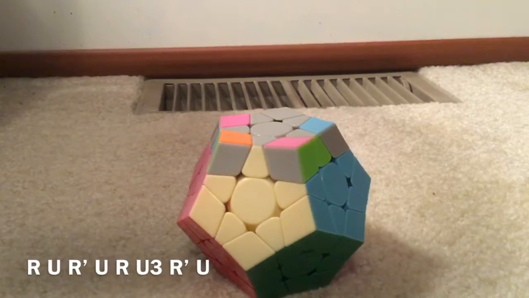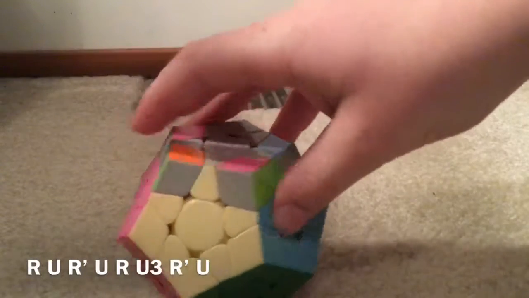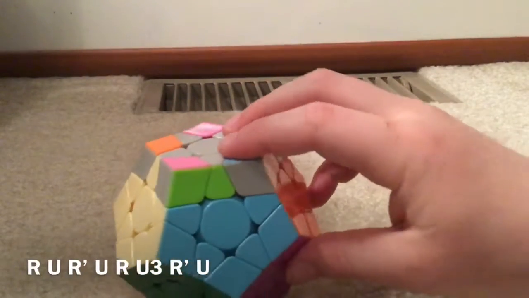Okay, so the next thing you want to do is match all of your edges up with the centers. Like this edge, it's matched up with the center. Sometimes it won't be matched up. So you end up doing this algorithm: R, U, R prime, U, R, U3, R prime, U. And until you get, so then you should have like 2 solved. And if they're opposite each other like they are here and here, then you do it, let's see if it